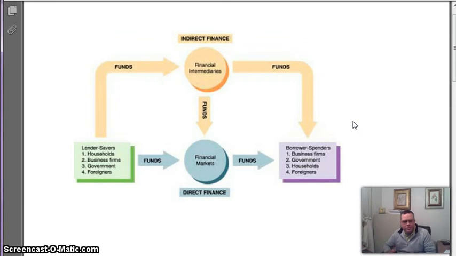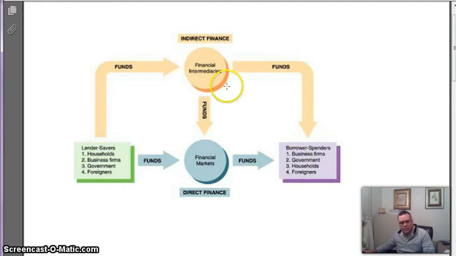Here's a little chart just to show that process. Nothing fancy, but you have direct finance on the bottom side, you have indirect finance up top, you got all the lenders, savers over here, you got all the borrowers over here. Direct finance tends to happen in the markets as opposed to the institutions. Indirect finance tends to happen with intermediaries or financial institutions. So in the marketplace, a borrower might issue a security like a stock or a bond. The lender buys it directly from them. There's a direct transfer from the lenders to the borrowers.